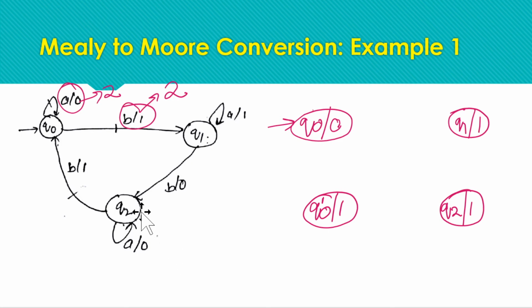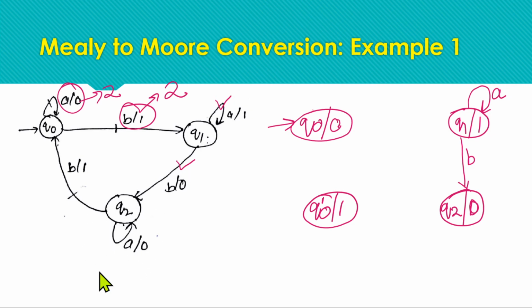So starting with Q1. As Q1 has a self loop of A, corresponding to this transition we simply have a self loop of A at Q1. Next, considering this transition, from Q1 we are moving to Q2 for input symbol B and the output is 0. Q2 has output 0, not 1. From both transitions we are getting the output 0, so we just need to move from Q1 to Q2 for input symbol B, as Q2 is generating the output 0, right? So all of these transitions of Q1 are covered.